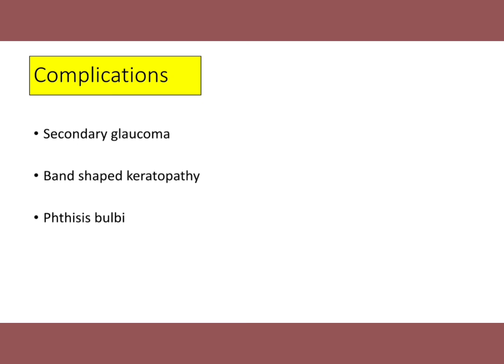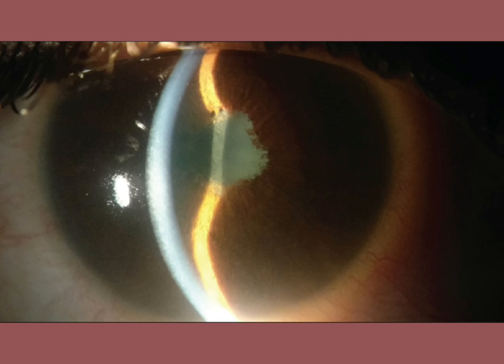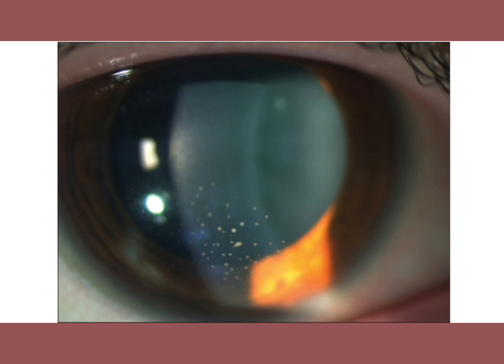Okay, so if I talk about the complications, secondary glaucoma is a complication that I mentioned here due to the iris changes, along with band-shaped keratopathy and phthisis bulbi. Why phthisis bulbi? Because in the initial stages, when iris bombé happens, IOP will rise. But in the long stages, when inflammation involves the ciliary process, there is a reduction of aqueous production. So aqueous is produced in lesser amounts, leading to lowering of intraocular pressure. It will ultimately lead to a phthisical eye, a shrinking of the eye. So this is anterior uveitis.